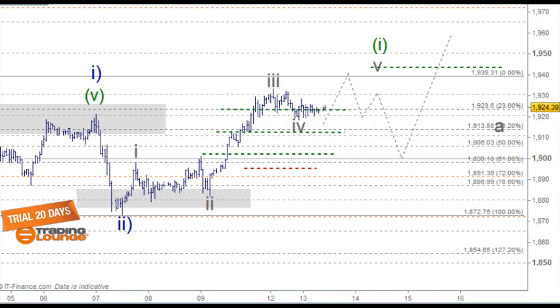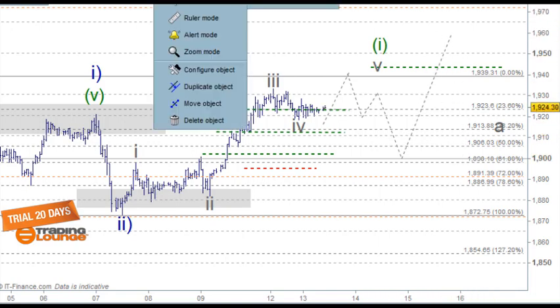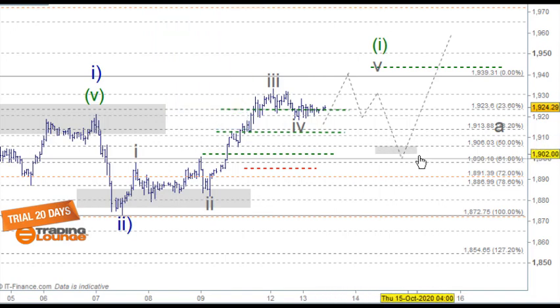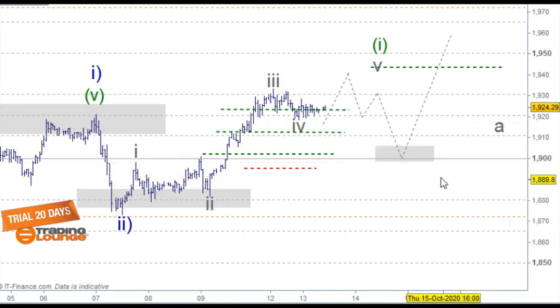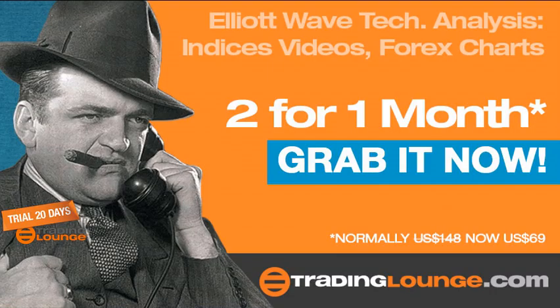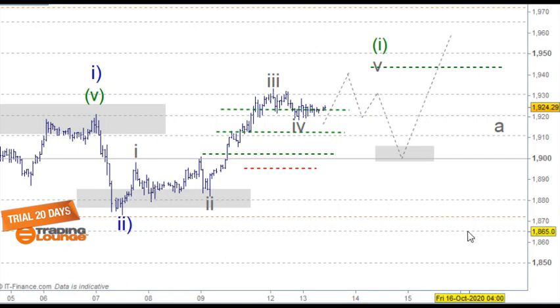But what we could say at this point, I'll just put my normal little thing in here like this. If the 1900 became the retested resistance, then you know that there would be a breakdown in the trend and would be moving down here further. So if I've got the stop here below the level here,